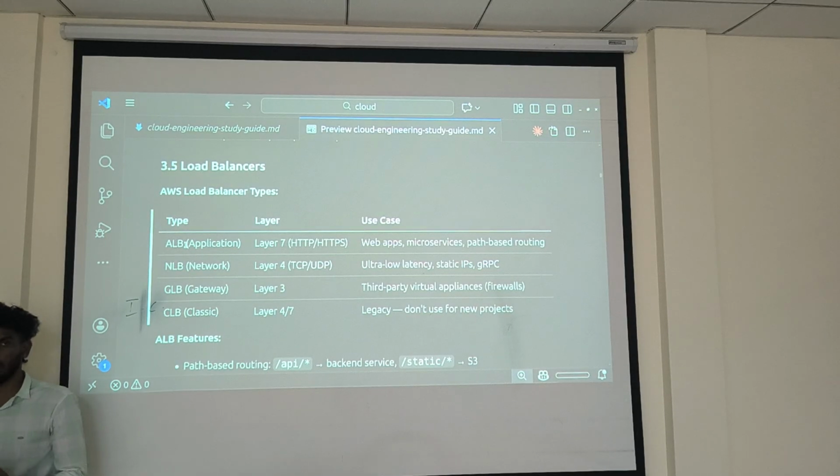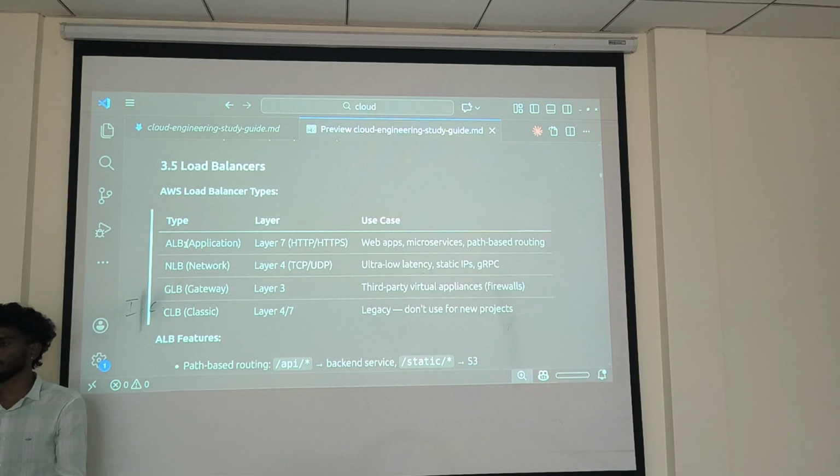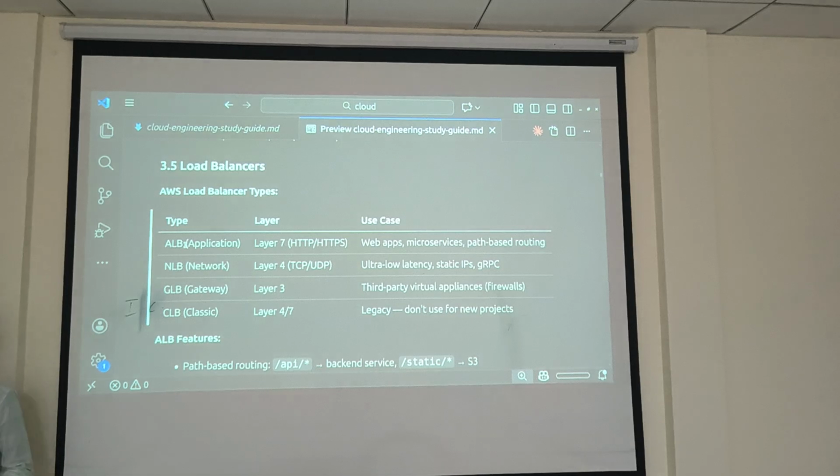Let's assume you have deployed two applications, front end and back end. For the backend network, there is no need to make it visible to the public. No one needs to access my backend; only the front end can communicate with it.